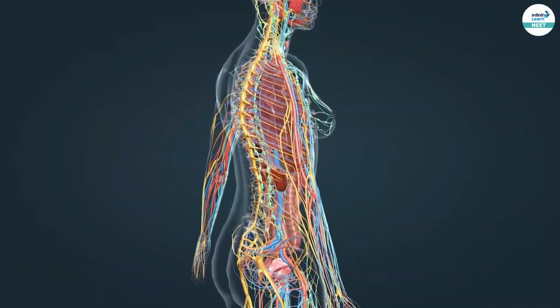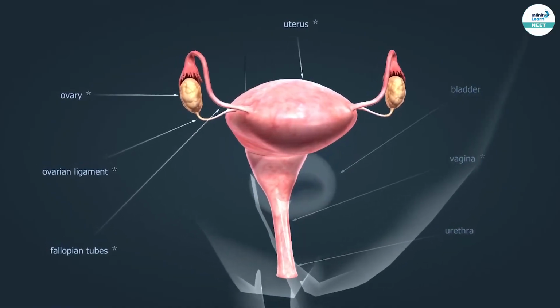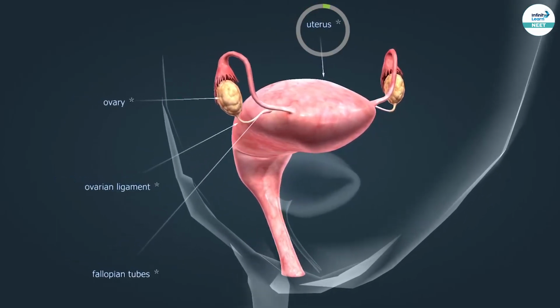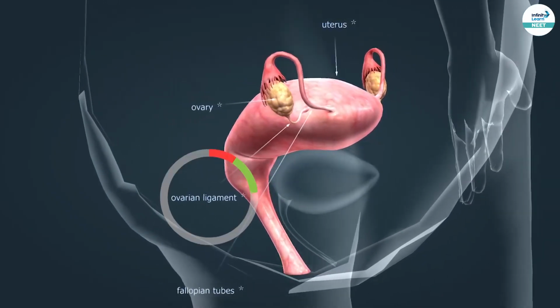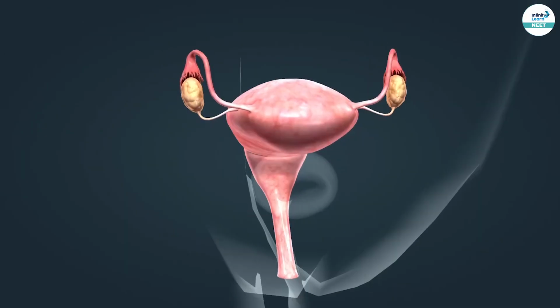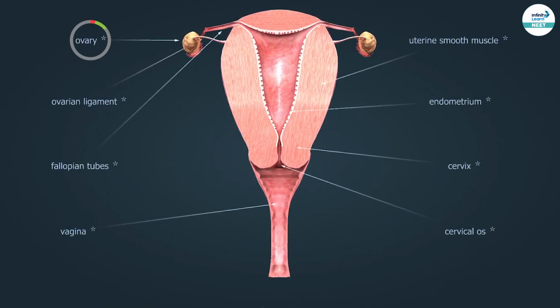So let's get started. Alright, so here on the screen you can see the diagrammatic representation of the internal structures of the female reproductive system, right? Over here you can see the uterus where the embryonic development takes place. Then you have the ovary over here from where the gamete releases, and a ligament which is attached to the ovary along with the fallopian tubes, right? Now, over here in the cross section of the female reproductive tract, you can see the ovary from where the secondary oocyte will be released, and then it goes to the ampullary region of the fallopian tubes. Yes, because that's where the fertilization takes place.